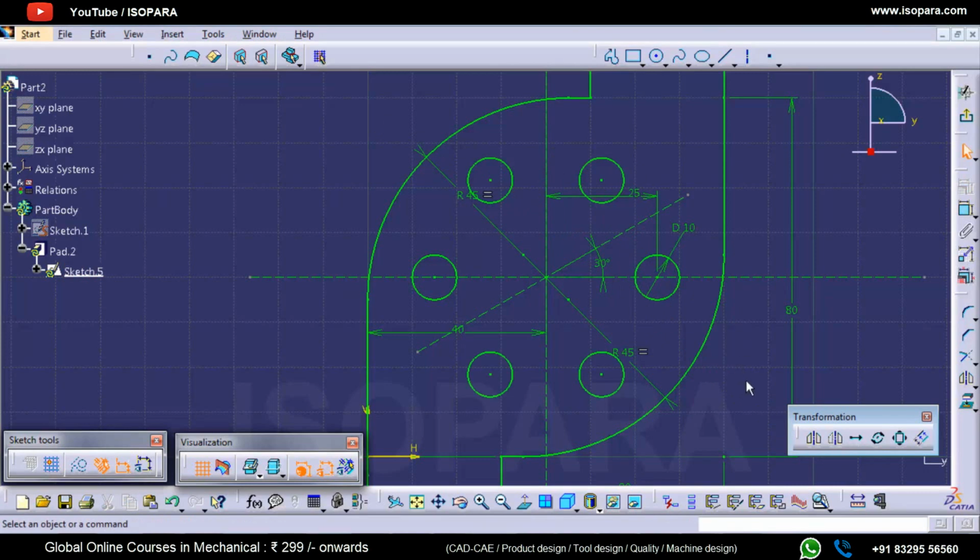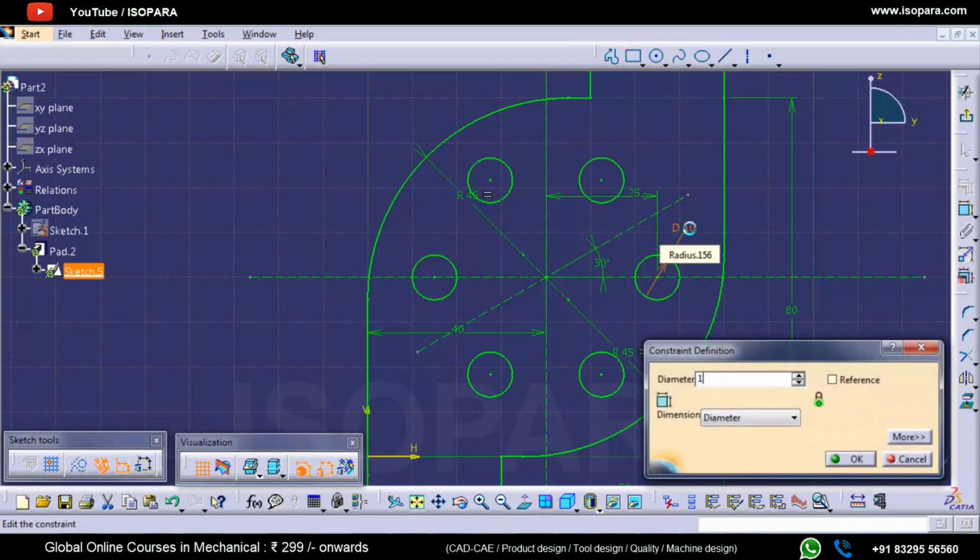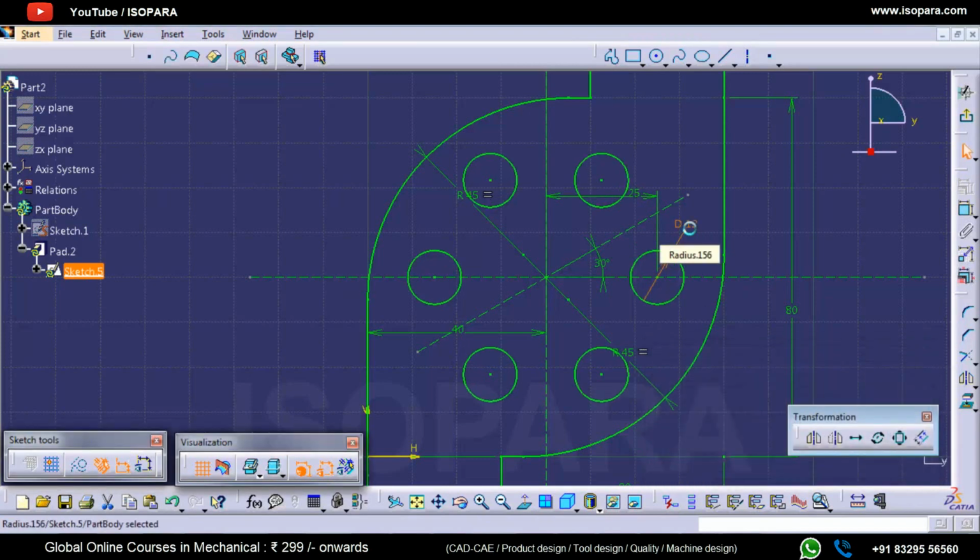So I will get completely constrained circles with the same values. Now if I just change this one to 12, every one will be changed to 12.